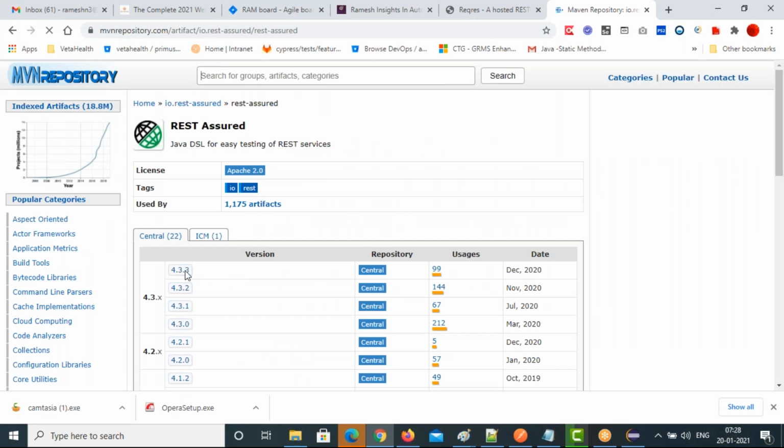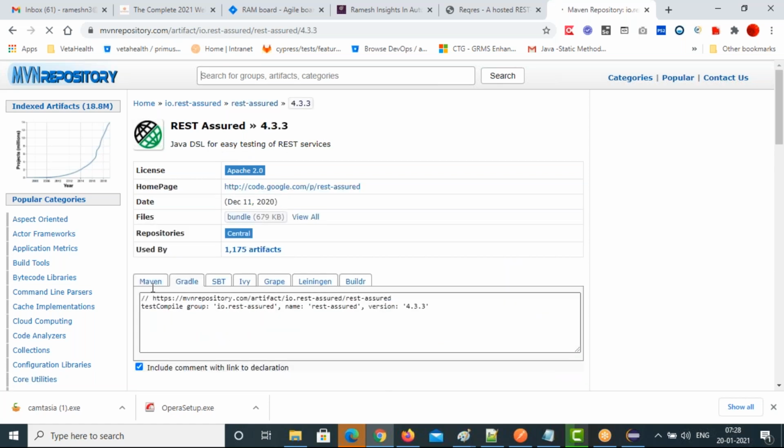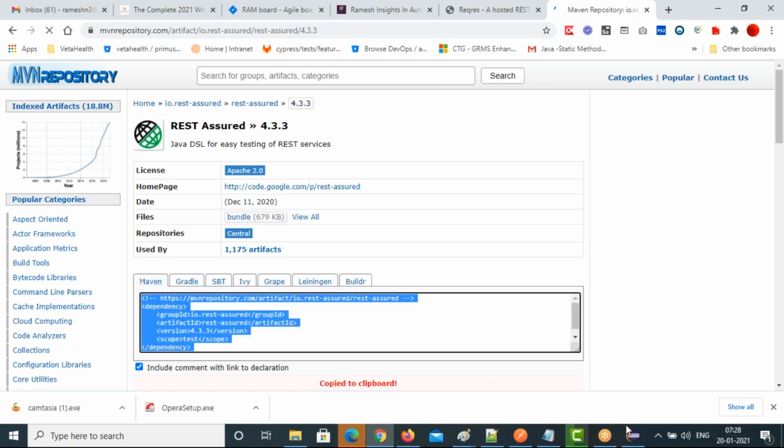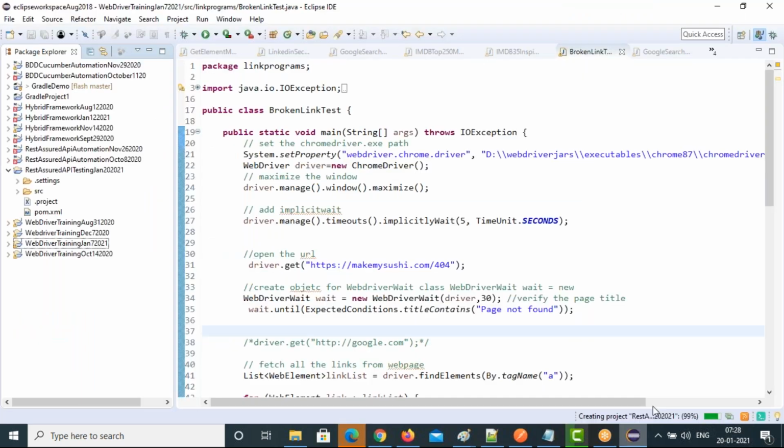Select the latest one, no issues. Click on this 4.3.3, the Java DSL for easy testing of REST services. You are using Maven, so select Maven and copy.